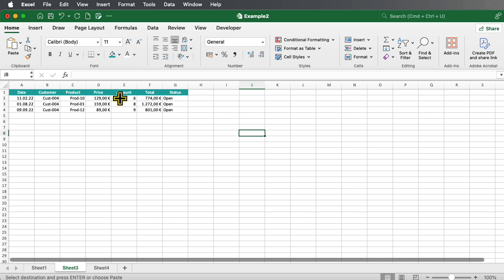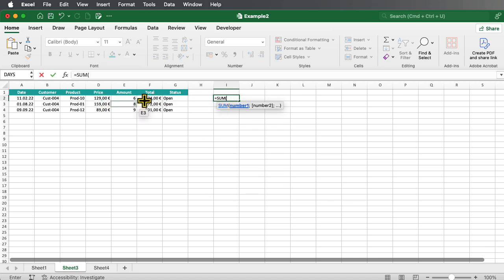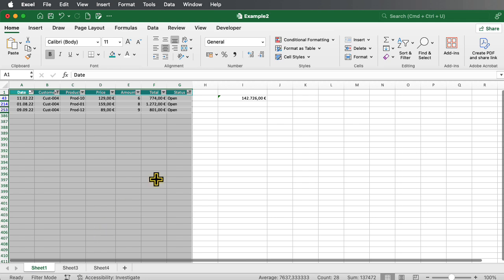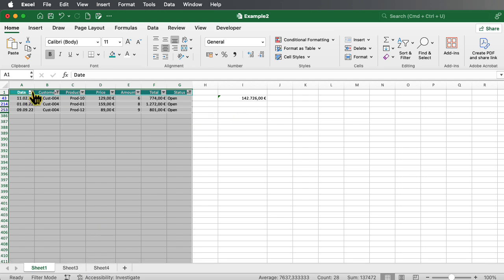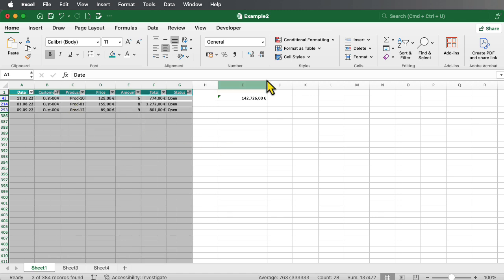So just the visible data from the last worksheet has been taken, and if I now include this sum formula and I select all these values, then I get the right total. However, there's a problem. If I go back in here and I deselect all these filters, clear filter, or remove all the filters